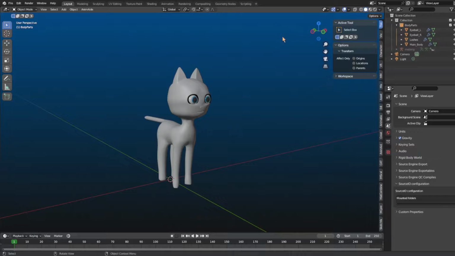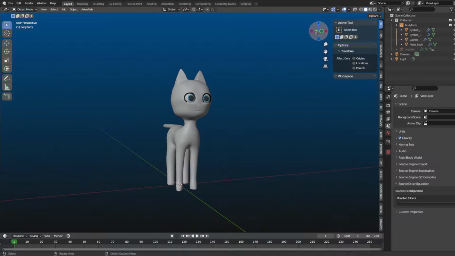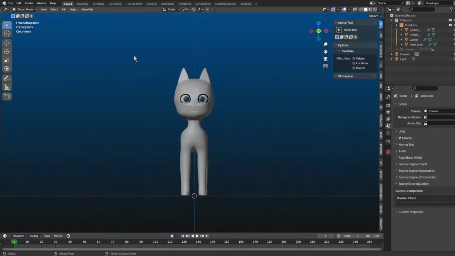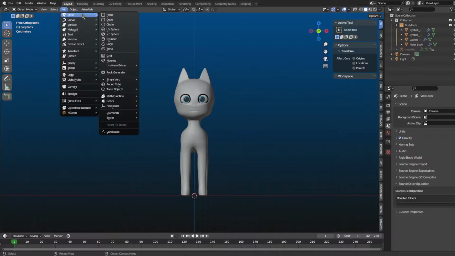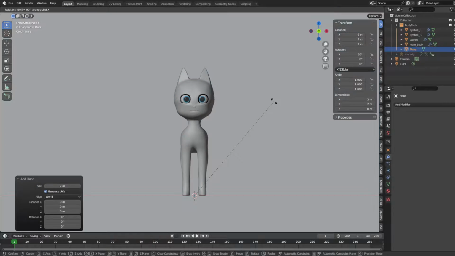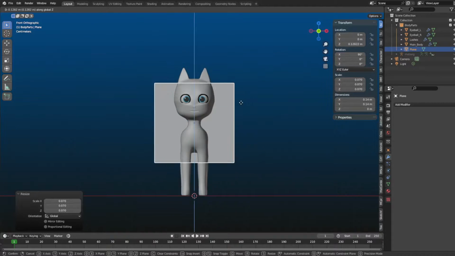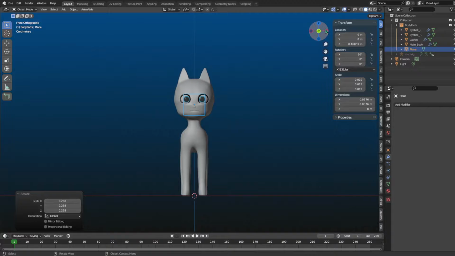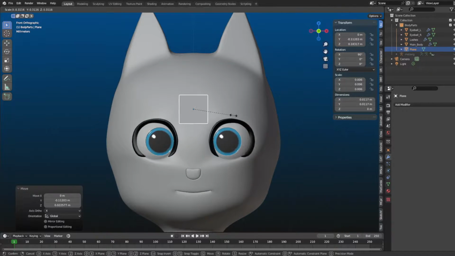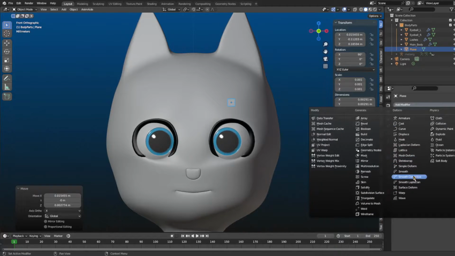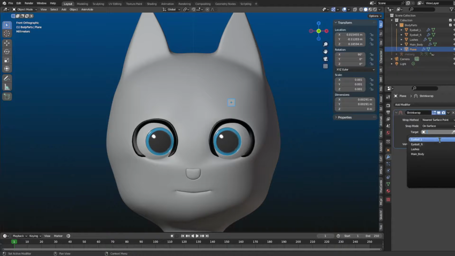So I haven't done anything on YouTube in a while, so I thought, why not just grab a plane, rotate by 90 degrees on the x-axis, and just, you know, make some eyebrows. So this is it. You can make eyelashes the same way,